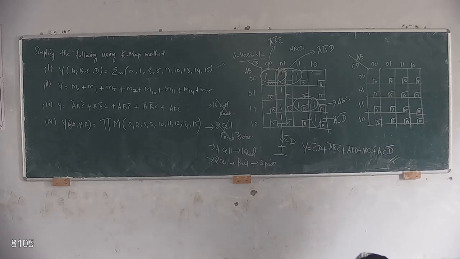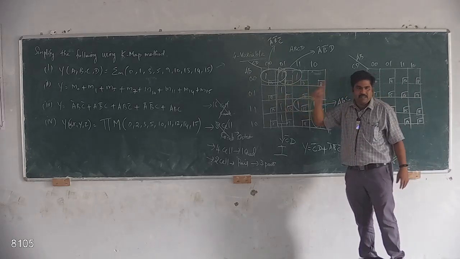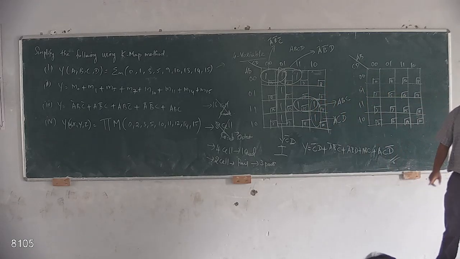This question can be asked in 8 marks. So the only thing is, you need to identify it properly. Either it is going to be an octet or a quad. Mostly they won't ask for the 16 cell. If they are giving 16 cells, the answer is 1. You can blindly write the answer as 1, no need to combine anything. All the 16 boxes containing 1 means the answer is going to be 1. No need to calculate anything. Definitely they won't give it like that.